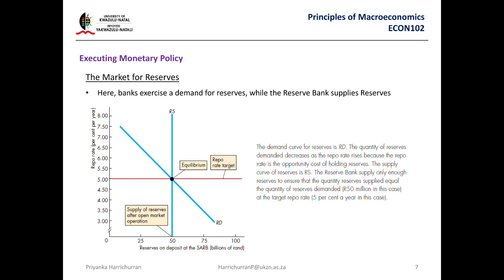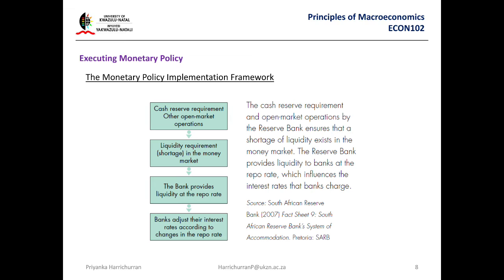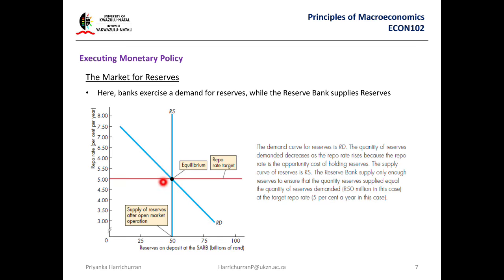As the interest rate goes down, I mean the repo rate goes down, they will want more money from the central bank, as you can see. So with the interest rate going down, they want more money borrowed from the central bank. Commercial banks will be like, hey, the interest rate is so low, let me get more money from the central bank who's making the money, and let me just lend this out to other people and make profit. So that's what they do. Now your equilibrium will be over here. This is the repo target rate. So this is where ideally the repo rate will be at 5% always.